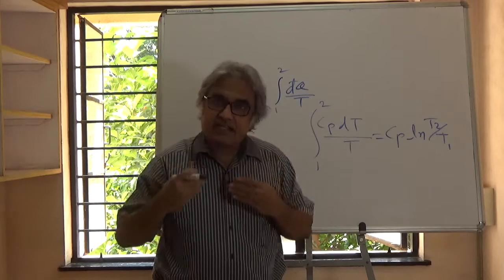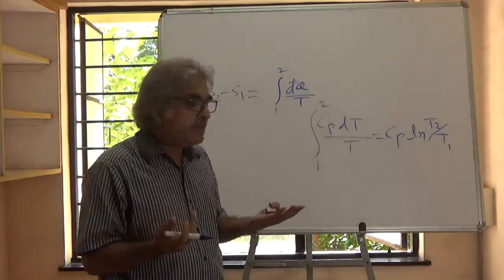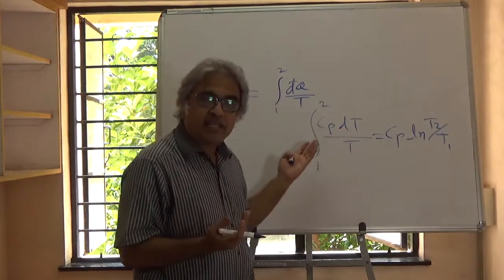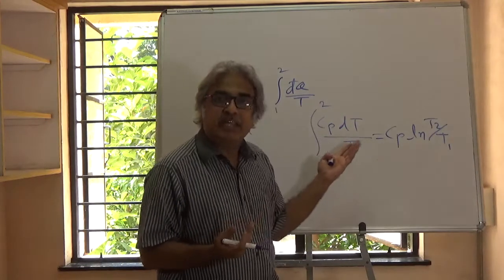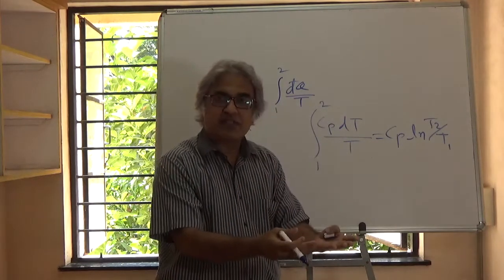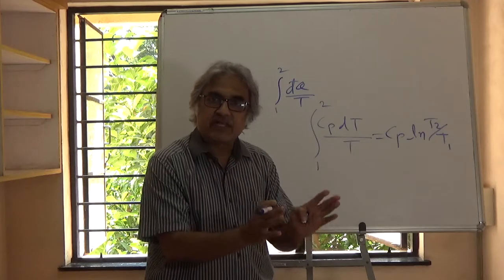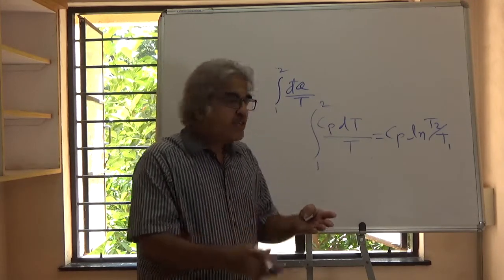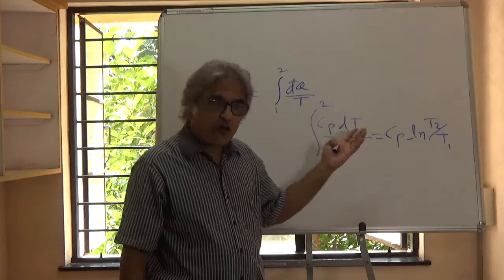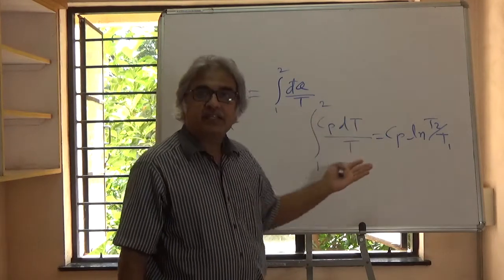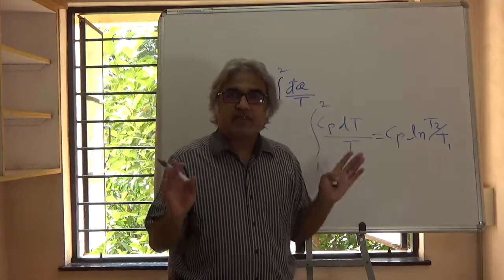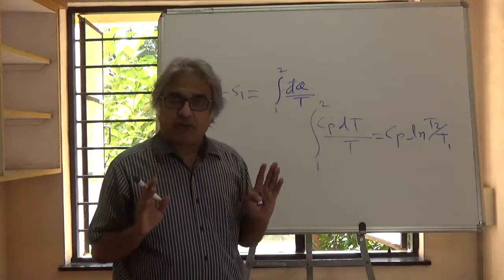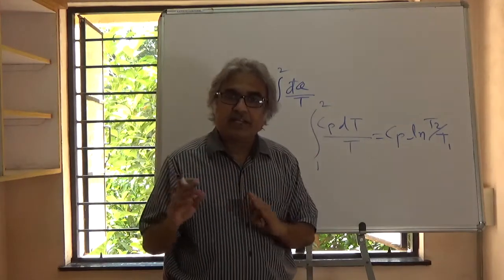If heat is taken out from it, it will be the same expression. Obviously change in entropy will be negative, because when you add heat to some substance, the entropy of that substance will increase. When the heat is taken out from that substance, the entropy will decrease. So the temperature will drop and you will get this with negative sign. Okay, so that's the expression for change in entropy for liquid or solid.